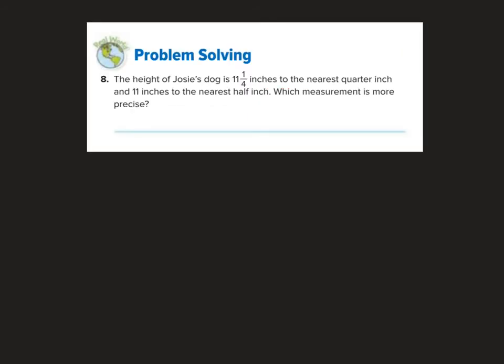Okay. The height of Josie's dog is 11 and 1/4 inches to the nearest quarter inch and 11 inches to the nearest half inch. Which measurement is more precise? Now, this one really made me think, because there's always the person in me that says, oh, well, maybe it is 11 inches, and so near to the nearest half inch. But if it's measuring different to the nearest quarter inch, then we would know that 11 and 1/4 is more precise,